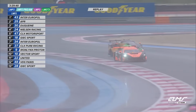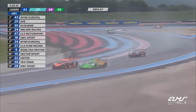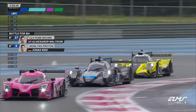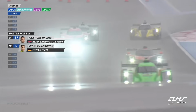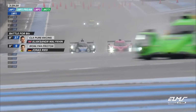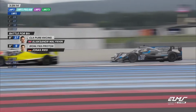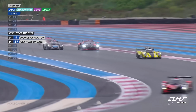Excellent driving there from the other Inter Europol competition car to go around the outside of Mike Wainwright, then to the inside of the McLaren. Michael Birch, yeah. So who's in the 34 for the opening stint? LMP2. Pedro Perino. Superb. Dodging from one side of the track to the other. And yes, you're talking about an LMP2 performance versus GT, but you've got to know where the grip is beneath you. This race will settle down by about Tuesday from what's been a confusing start, but just to